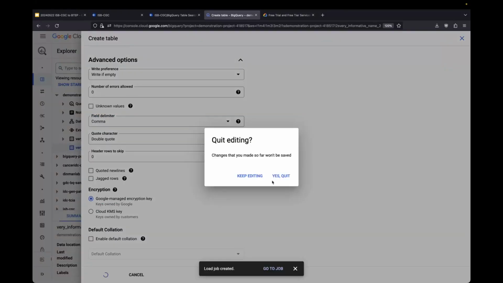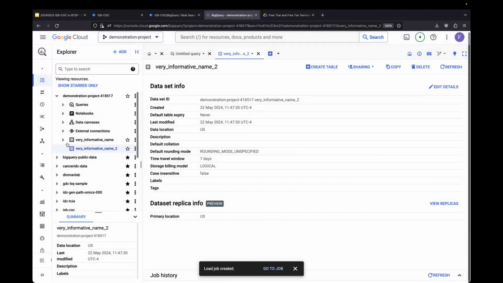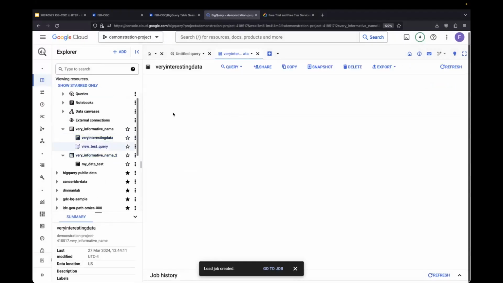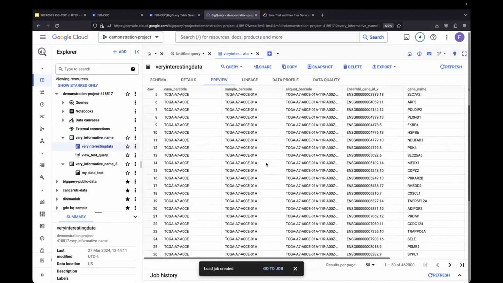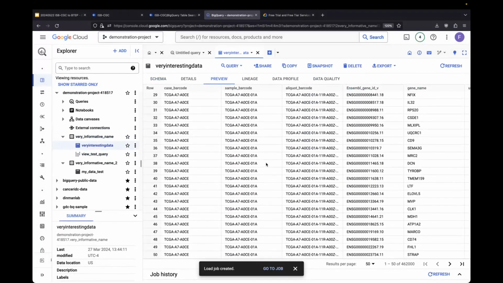Just for the sake of time, I did already upload this on a separate project. So it's right here. This is what that ends up looking like. It just uploads a table. So the nice thing about this, I think, for organizing your own data is, we've all run into